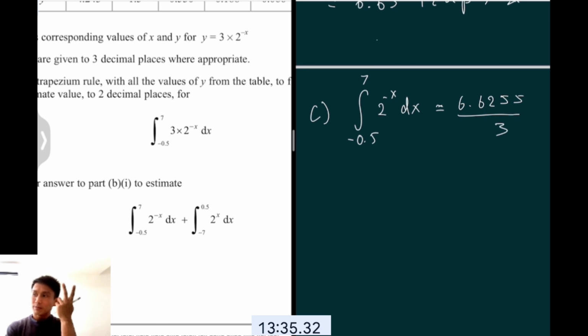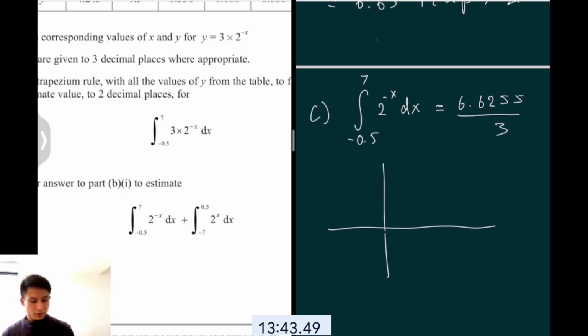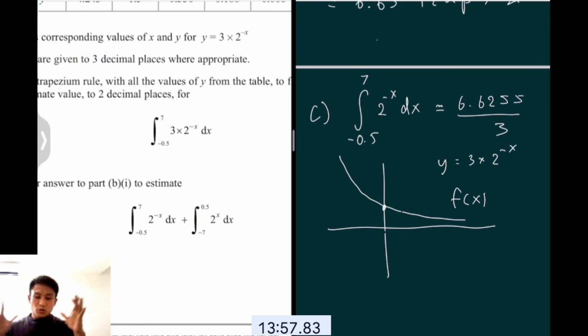If you flip, okay. So for example, if this were 3 times 2 to the minus x, this would be the original, right? And that would cut probably at 3 here. This is f(x), y equals 3 times 2 to the minus x, yeah? But then that one, right? Okay, ignoring the 3 for now, only taking into account the 2 to the minus x, because they flip